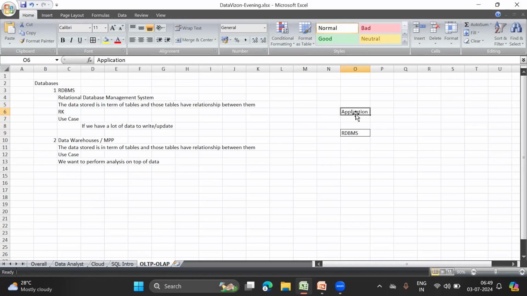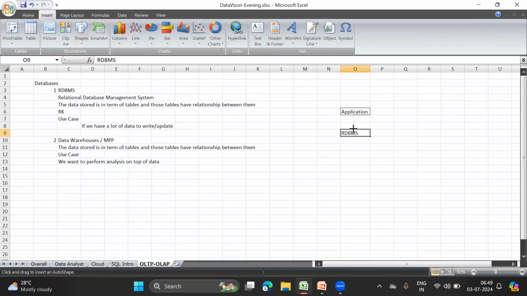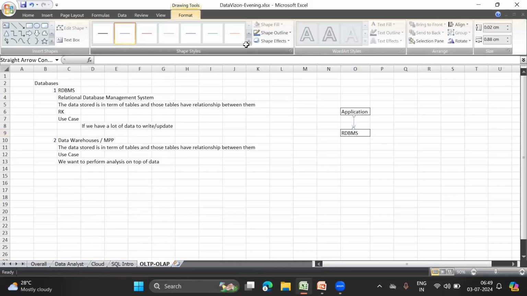So every day there could be hundreds of thousands of records being created, and we want to capture all those changes. We will capture whether someone is buying, where we have to deliver it, whether the payment is done, what different products a customer buys, what is added to the cart of a customer, and whatever else you can think of. We are going to store all this information in an RDBMS. So this is how the flow works. You are storing a lot of data coming into your database, which is an RDBMS.